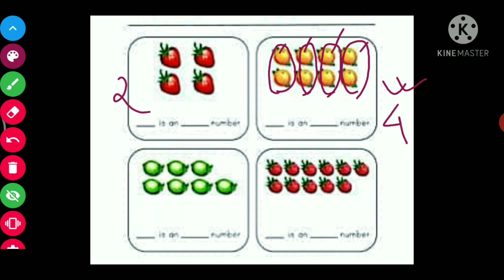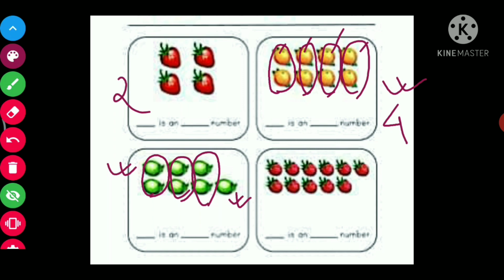Now let's see this one. This one is guava. Now we'll again make pairs of these guavas. First of all, this one is 2 guavas, 2 guavas. Now here 1 is left out, because here we can't make a pair, as 1 is missing.